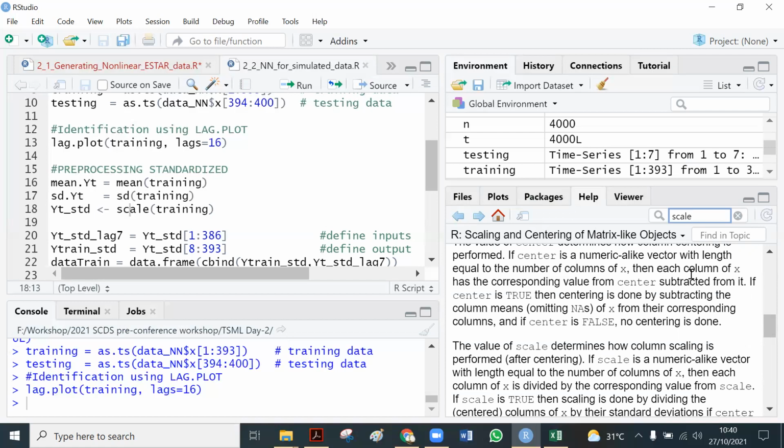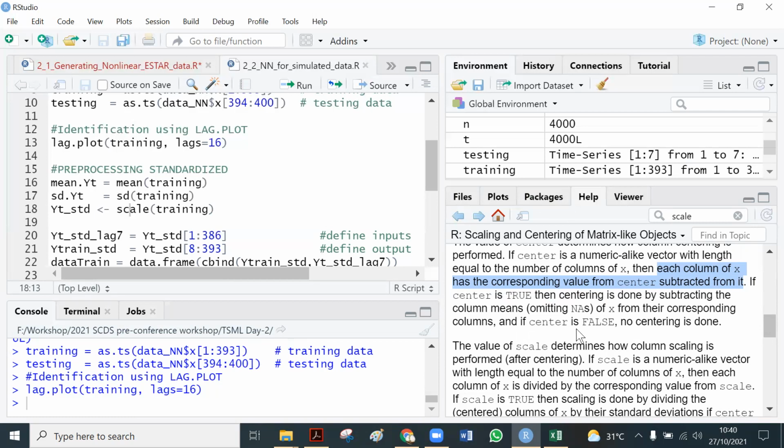So this is the explanation. Each column of x has the corresponding value from center subtracted from it. So the value is subtracted by the center value, or the mean value, or the average value. If center is TRUE, then centering is done by subtracting the column means of x from the corresponding column.